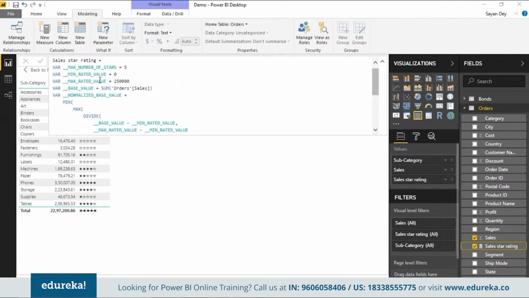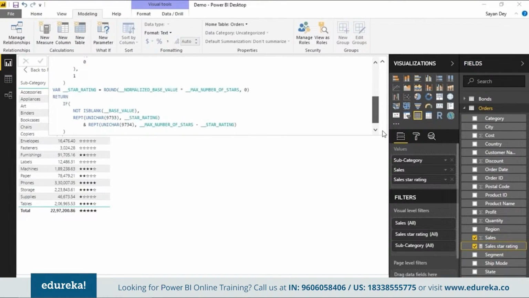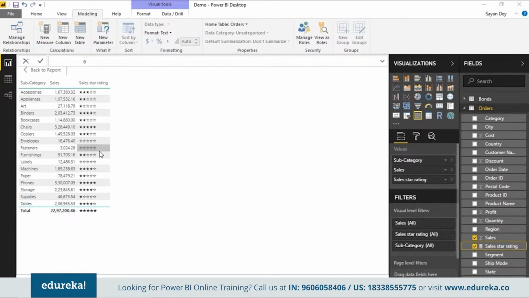So whatever you're seeing here right now is actually a pretty complicated version of DAX. Okay, so whenever you create quick measures or any of these default point and click options, behind the scenes Power BI is actually building that DAX for you. Okay, this is actually a pretty complicated bit of DAX that's written, and the final output is actually pretty neat. Okay, you can see that that's my star rating column I've created, and you can see that as a top value, 5 stars here, 4 stars here, 1 star here. It's pretty relative depending on the type of data.